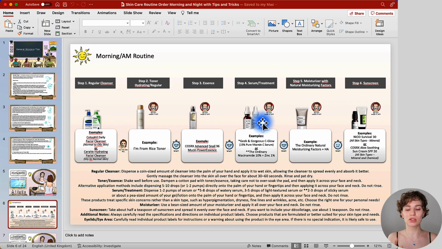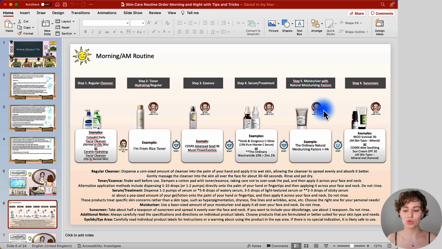I recommend using no more, like the general guide would be, use no more than 3 serums or treatments in a skincare routine. However, if you have already included your toner and essence, I recommend narrowing your treatments in general to 1 or 2 max. Otherwise, you may come across layering issues because the more product you're going to lay on top, the more likely it can cause an uncomfortable feeling or maybe pilling. So go ahead, make sure to narrow it down as much as you can. Once you have applied it to the skin, you're going to leave it on the skin. There's no need to wash it off.